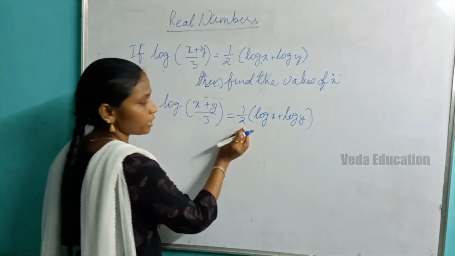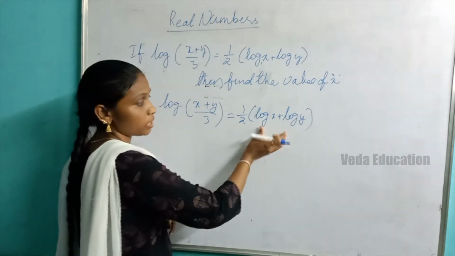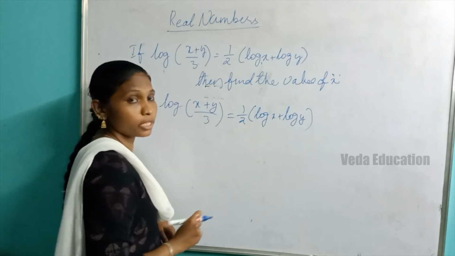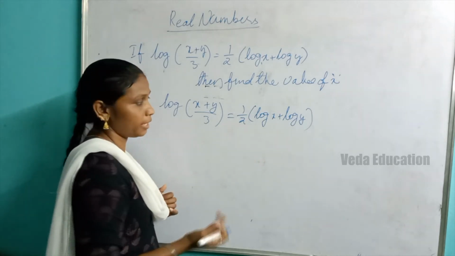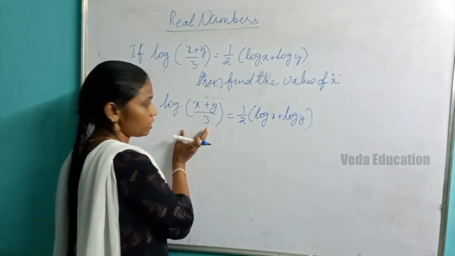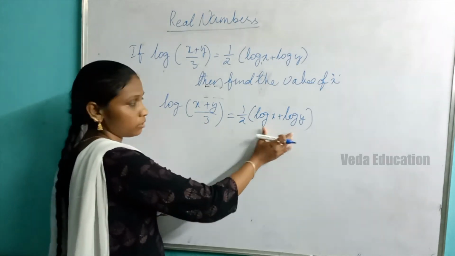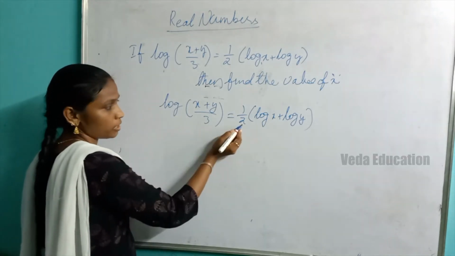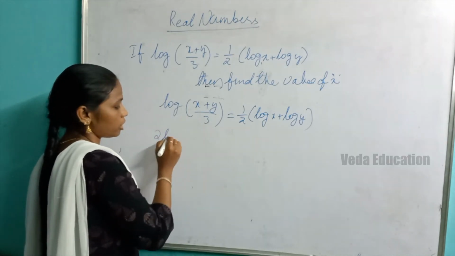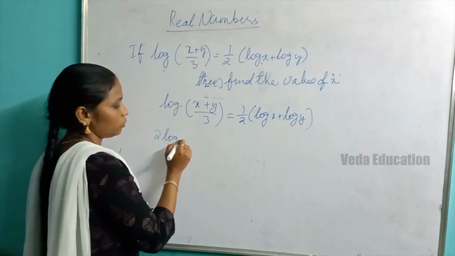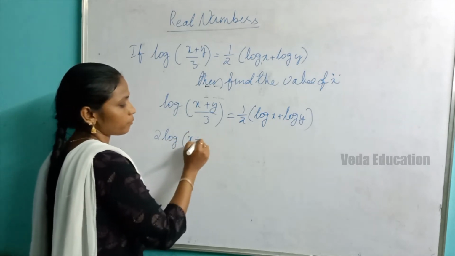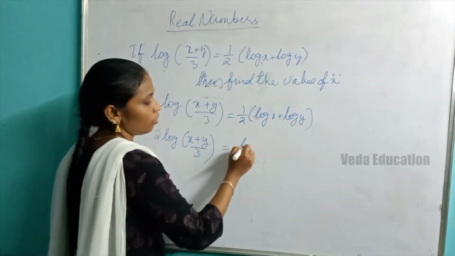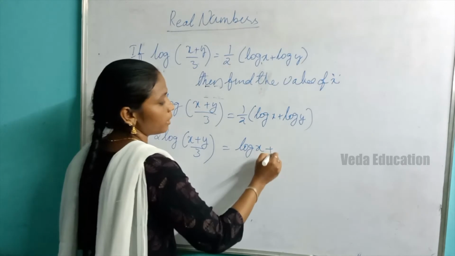Okay. Now this half, if you write in exponential form, these two numbers are having the 1 by 2. So again we have to use some algebraic identity. Transfer this: here we have a single logarithm, and here these two are connected. Now write this one on the left side. So this half becomes 2 when you transpose, divide number. 2 log of (x plus y) by 3 equal to log x plus log y.